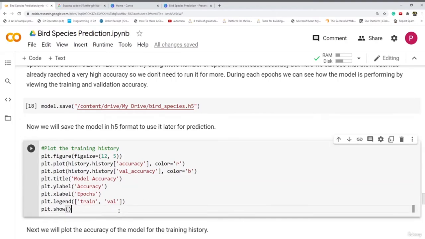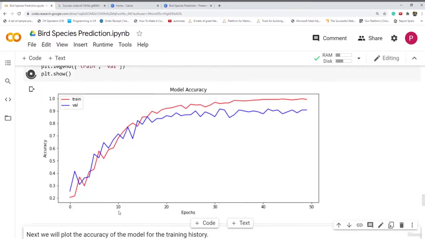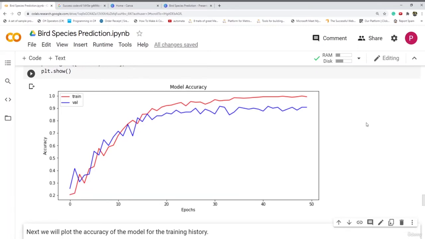Let's run this and visualize it. This is the model accuracy. Here you can see the training accuracy in the red line and the validation accuracy as the blue line. This is good if you want to understand how training is done, how our model was learning. You can visualize that from here.